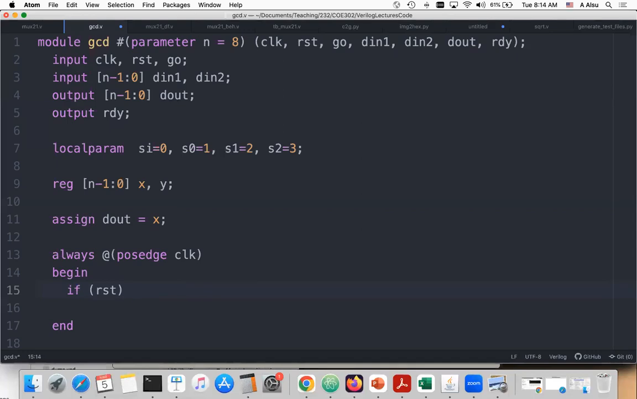Now, how do I maintain my state? I have to also create another register for the state. And how many bits does this register have? 2 bits. I have basically 4 states, right? 4 states means